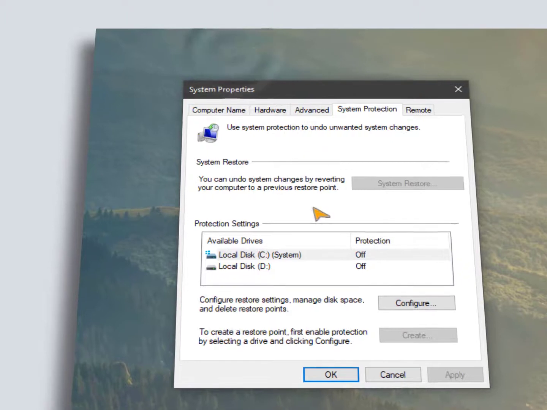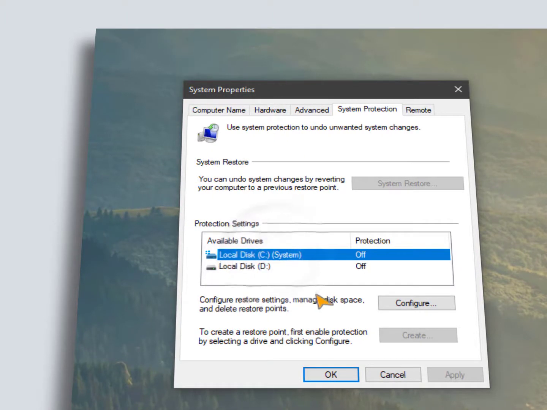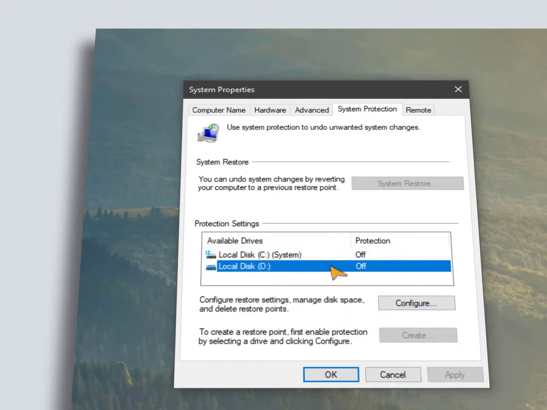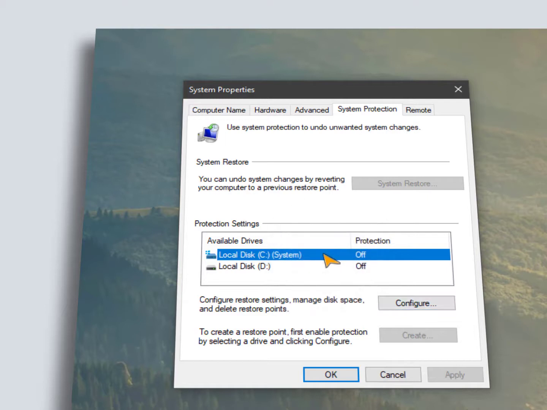and here you can see further options: configure restore settings, manage disk space and delete restore point. For the moment we can't create a restore point just because the protection is off, you can see here. Now for creating a restore point, click on the configure button